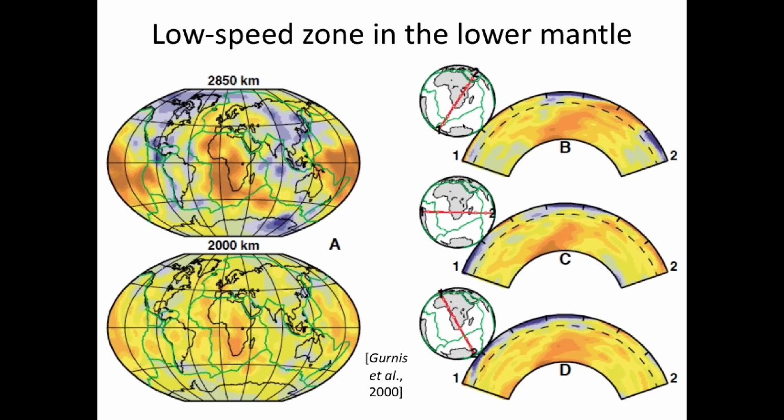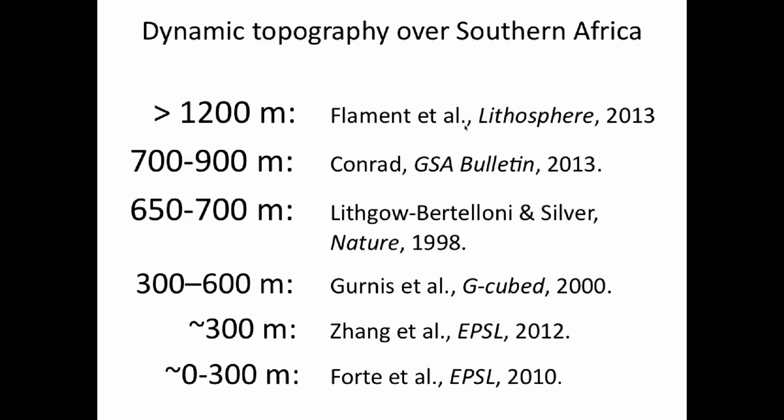The logic is that if you look in the lower mantle, this is a tomographic image of the lower mantle, where the warm colors show you low speeds. So you have low speeds under Southern Africa, near the core mantle boundary here, and just above it, 850 kilometers shallower, you still have that. Cross sections, this cross section east-west across: warm material rising in some way. Another cross section, low speed, presumably warm material rising; another cross section, the same thing. The logic is that this is pushing the surface up. So, as I said, it's widely believed that there's dynamic topography over Southern Africa.